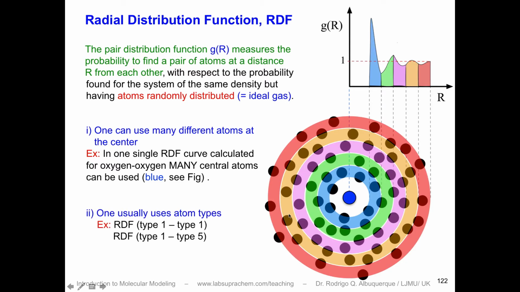And one usually uses two atom types, like atom type 1 and atom type 2, or type 1 and type 1, or type 1 and type 5. So you can just choose. I'm talking about oxygen, but if the oxygen has an assigned atom type, we could just say this is the RDF or GR, the pair distribution function, involving types 1 and 1, or 1 and 5. In general, you give this information to the programs to generate this curve. But just remember, when you see this plot, this involves many central atoms, not only the one I'm showing, but all the others are also